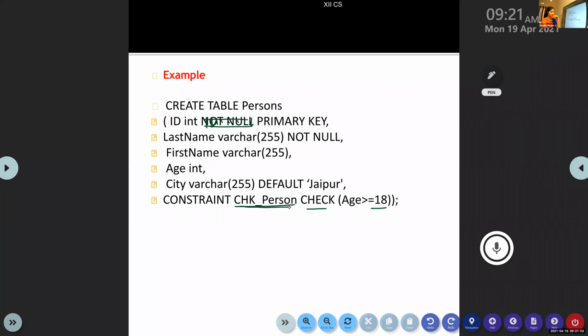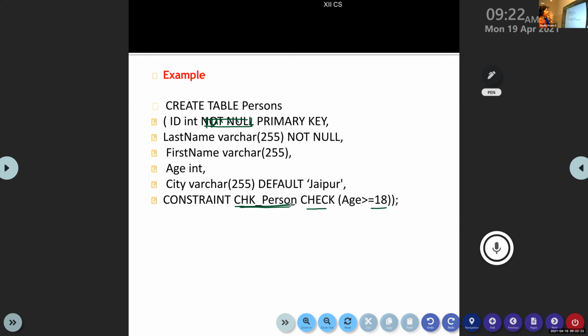If you are planning to delete a constraint later, then we need to specify it with the constraint name. That means this constraint can be deleted later. Only this constraint. What about other constraints? We haven't specified any name. ID int primary key, last name varchar 255 not null. If you want, you can delete those too, but if you give a constraint name, it is more helpful for you to delete a constraint.